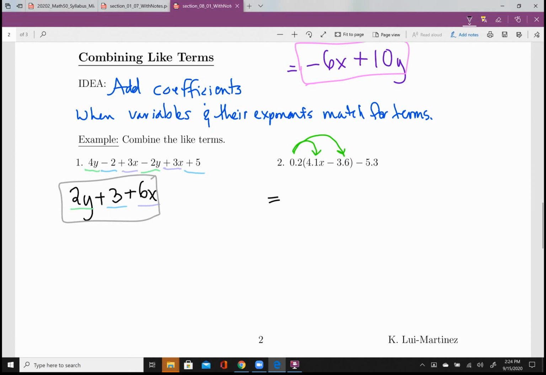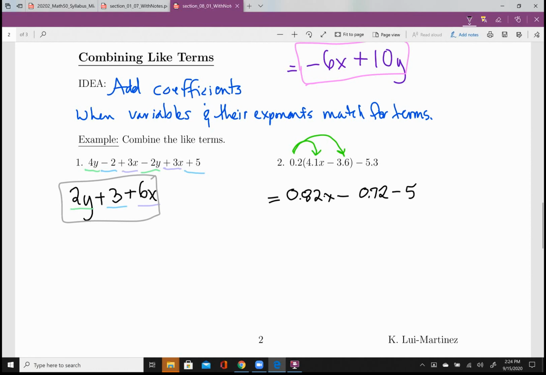You can use your calculator for this bit. In fact, I'm going to use a calculator just to make sure that my calculations are accurate. So that'll be 0.82x for the first distribution, and then minus, what's 3.6 times 0.2? 0.72